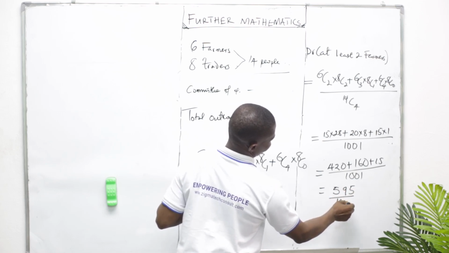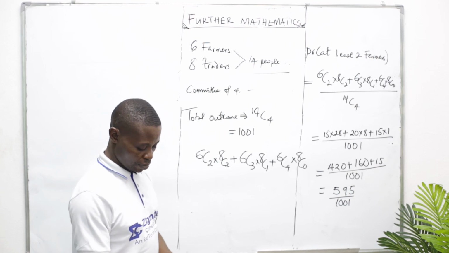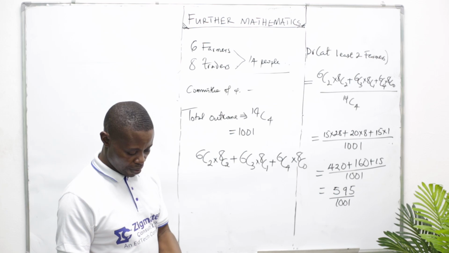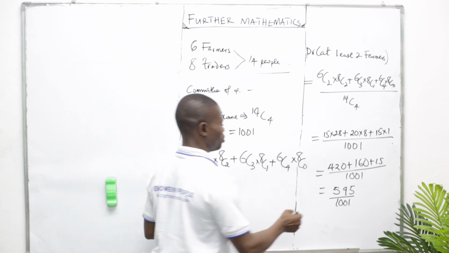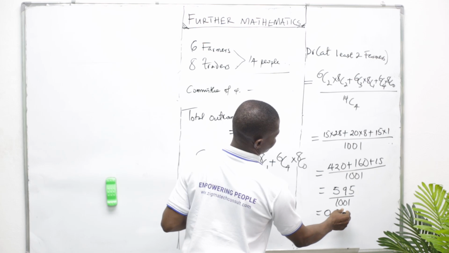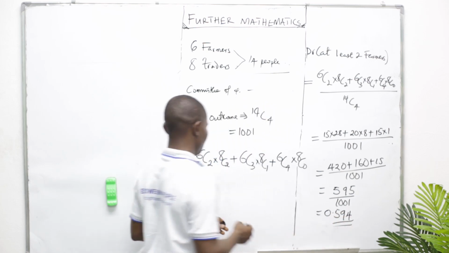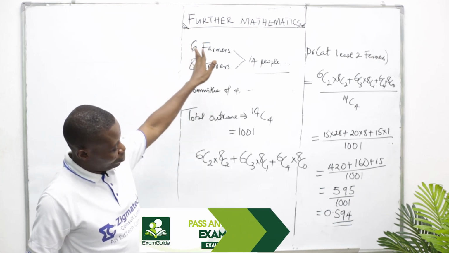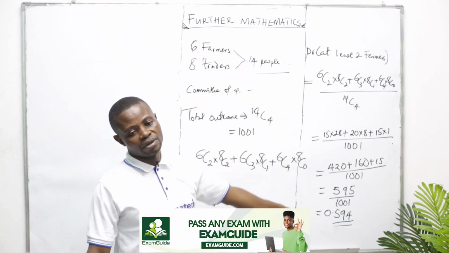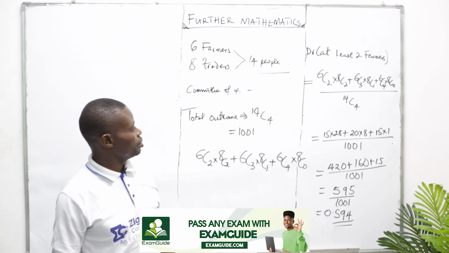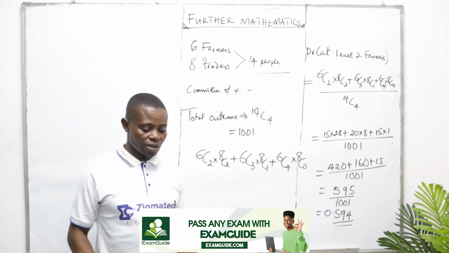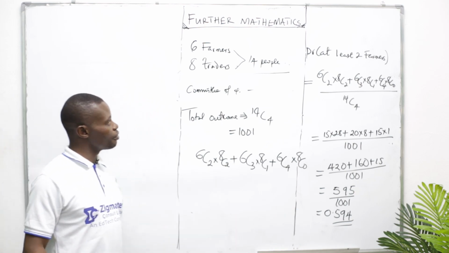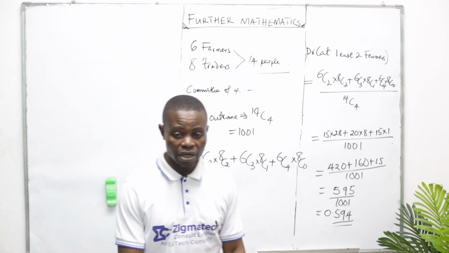All of 1001 divided by 1001, that's 0.594. If you can observe what is going on, all the probability we have been solving will never exceed 1. It's just 0 point something. So the answer to this question is what? 0.594. Let us take another question